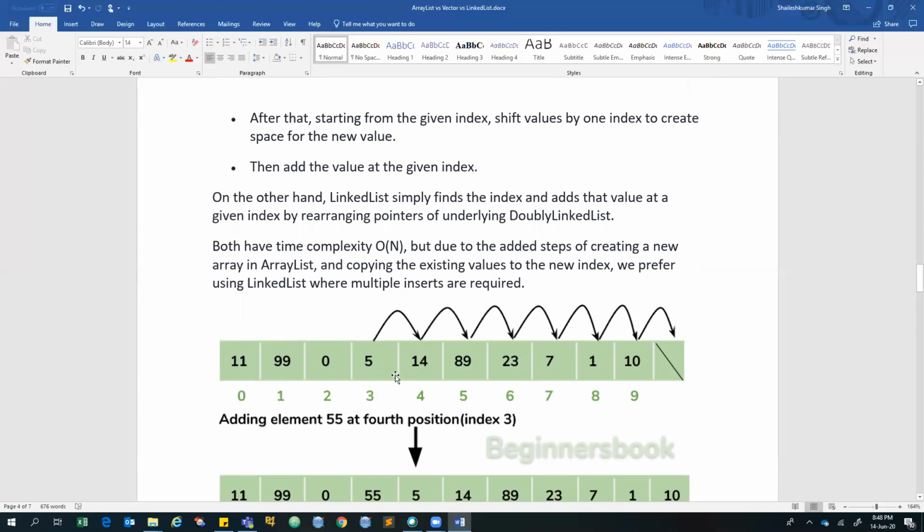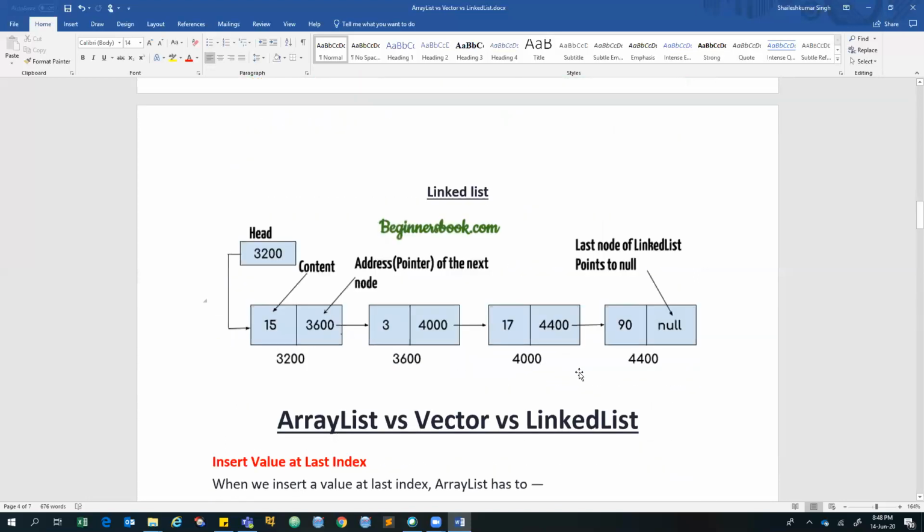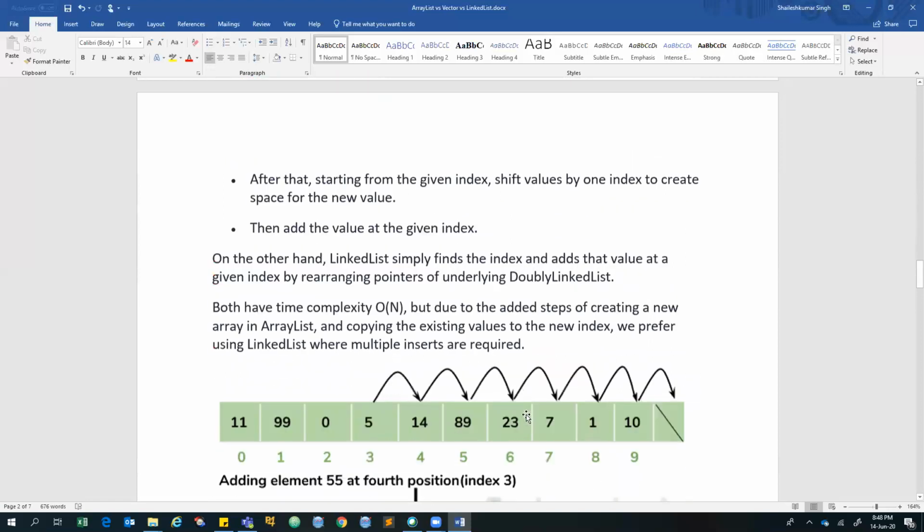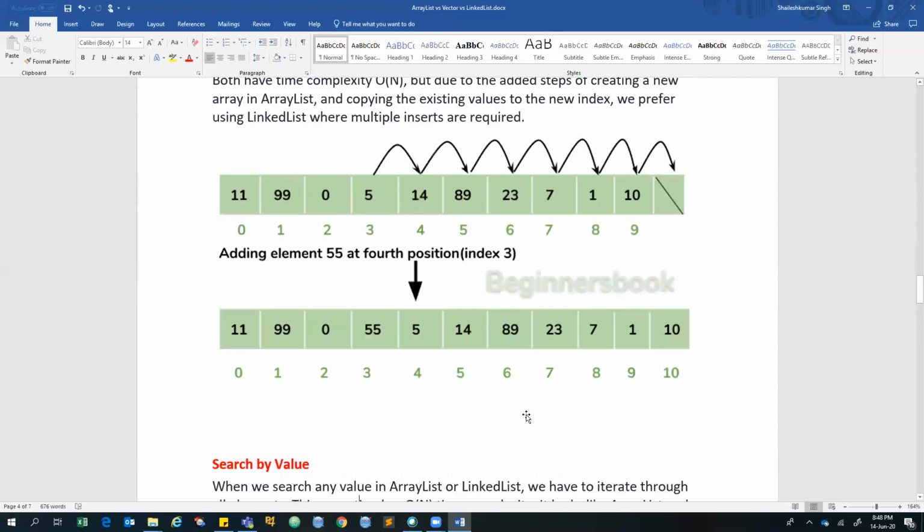The memory allocation is continuous, one after another, so you can easily access these memory indexes, memory locations. But in the case of a linked list, these are scattered memory. If I have to go from here to here, I cannot directly go. I'll go to this next section, get this address, and from this address I come to know which block I have to go to. Then I access this block, and from this block again I look at the address, and from this address I go to the next block. So it is not direct. This is random location, random access.